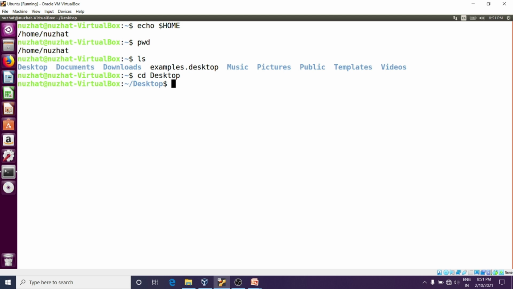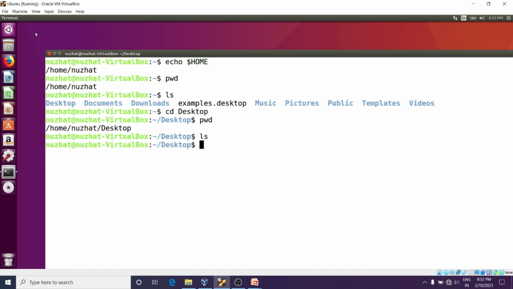Now again I want to check the current working directory. So again I will use the pwd command. Here you can press the up or down arrow key to get back a command that you have already typed or used before, so that you don't have to type the same command again. So right now we are working in the Desktop directory. Before creating any directory or files, we will see the listing of the Desktop directory. So I will execute the ls command again.